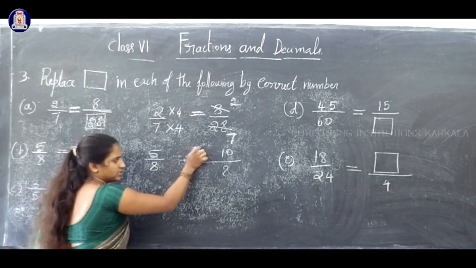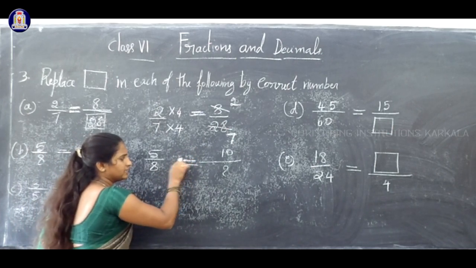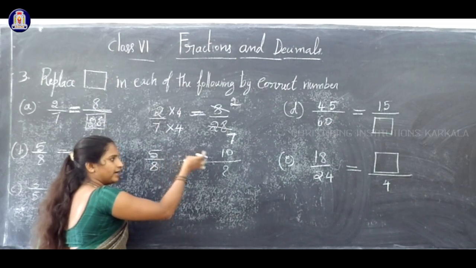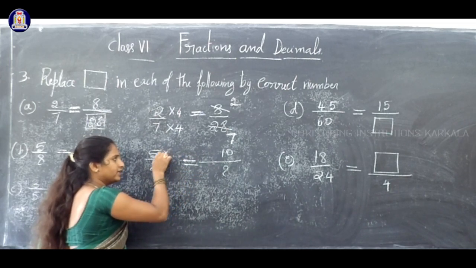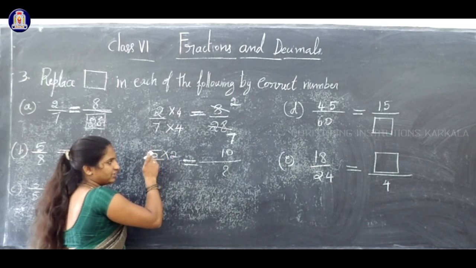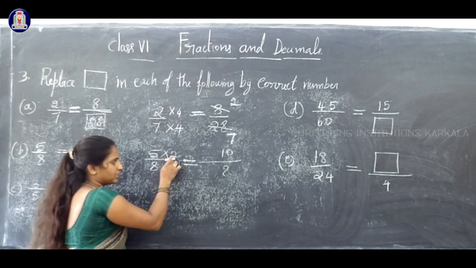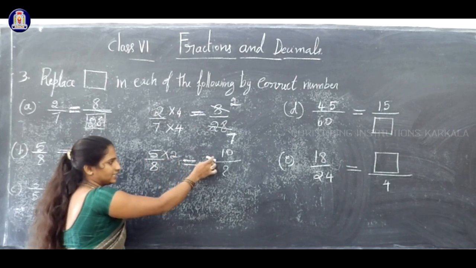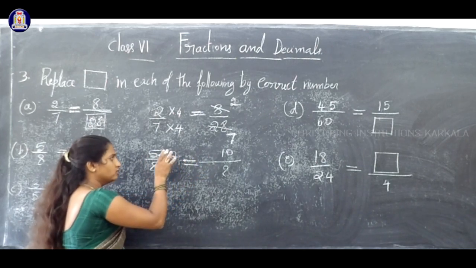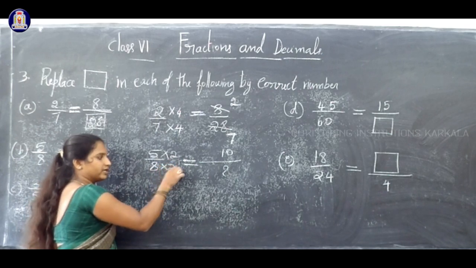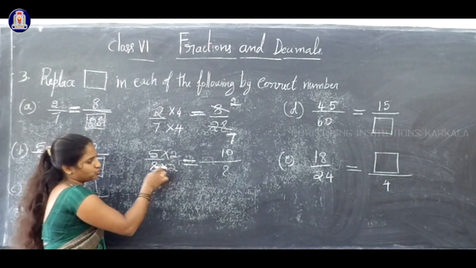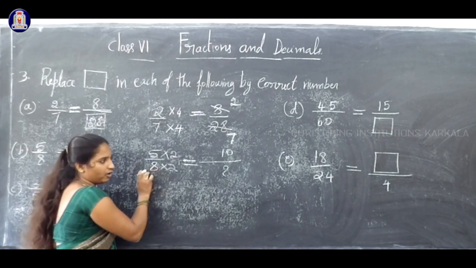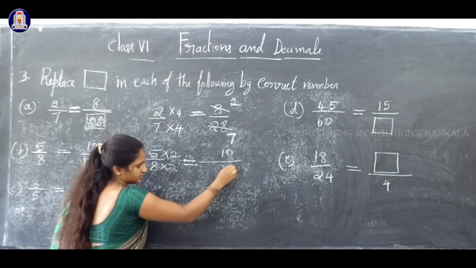Now the same procedure. Here the equal sign is given, and the left hand side numerator and right hand side numerator are 5 and 10. If you multiply by 2, you know that 5 2s are 10. So just multiply 2 to the numerator. 5 2s are 10, is it correct? Yes. Now multiply the same number to the denominator. That's all. If you multiply 2 to the denominator, the value will be 8 2s are 16.